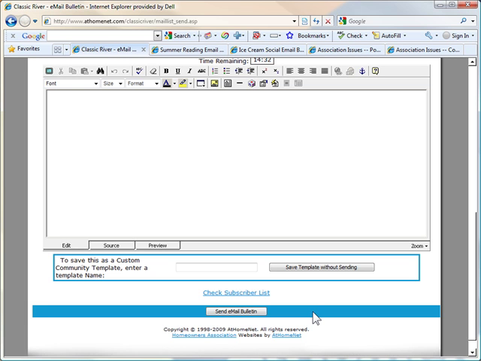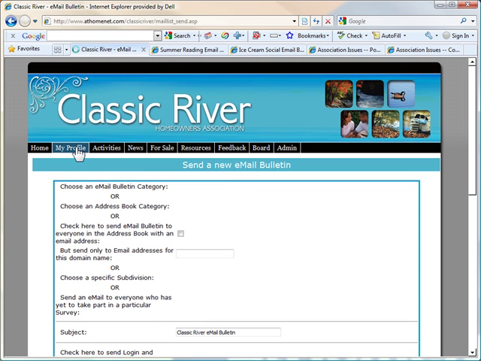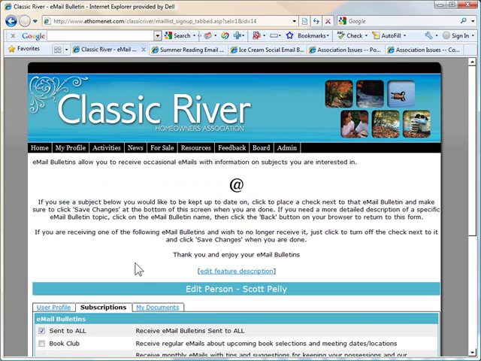So if you would like to do that, you can simply call or email support and tell them what security level you want to be able to see the export mailing label option, and we will take care of that for you. The next enhancement we made was in the user profile area under subscriptions,